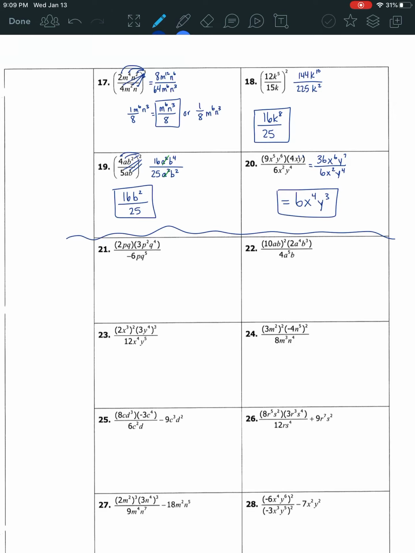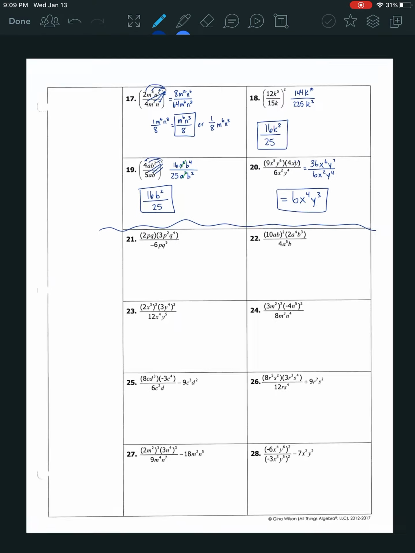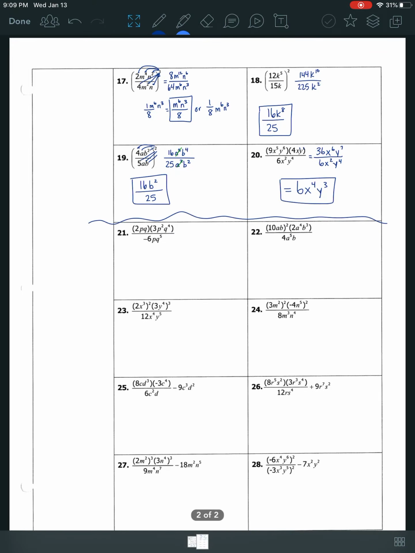All right. And notice those last examples, a lot of them are including all of the properties that we have learned, putting them all together. We have not learned how to add and, well, we have done some combining like terms with those last 4 examples. So